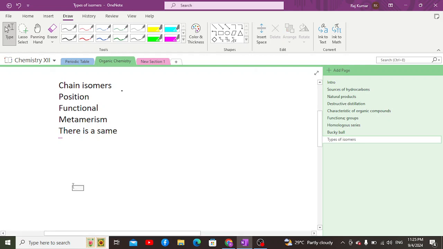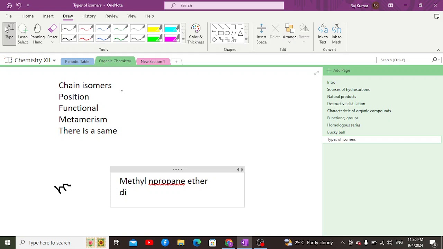Let's say we talk about dimethyl ether. Dimethyl ether has a methyl group on either side of the ether functional group. But when it comes to methyl propane ether, let me just write that down, methyl propane ether is basically the metameric isomer, the metamer of